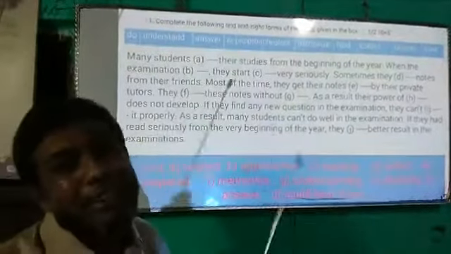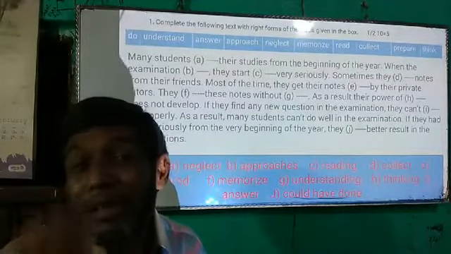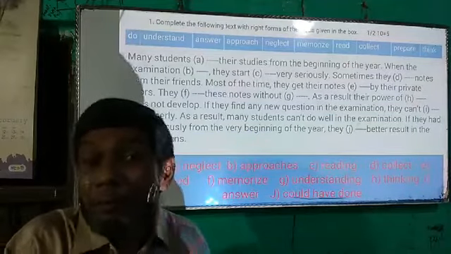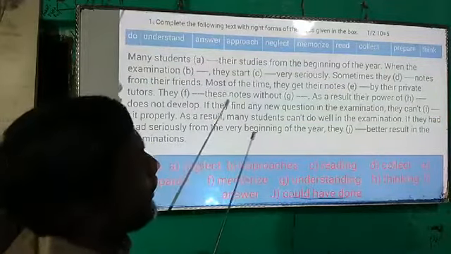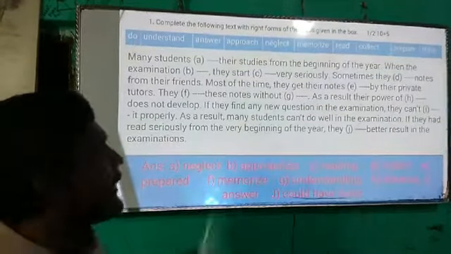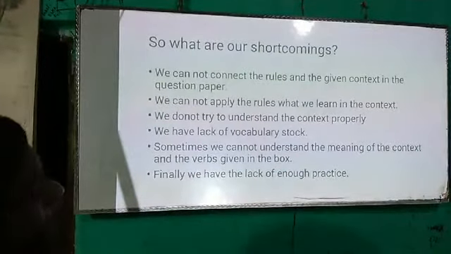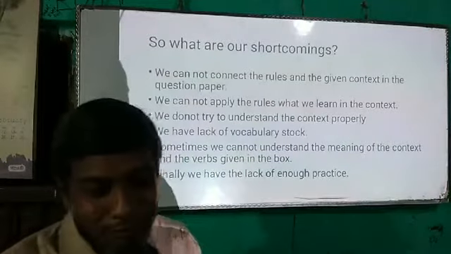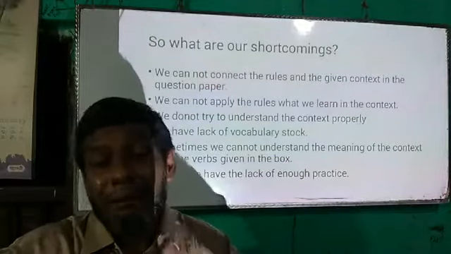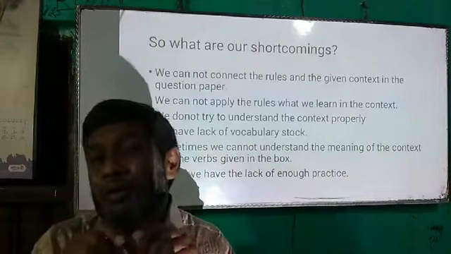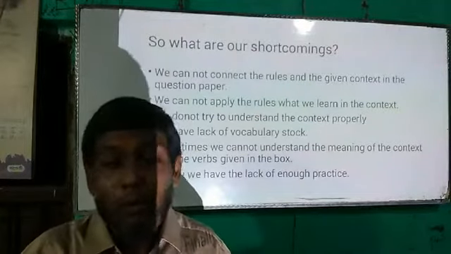Contextual grammar is a different thing. I am telling you every day. Contextual grammar is a very much technique based grammar. If you don't have any techniques, if you don't be a musician, don't be a technician, you cannot be perfect in the contextual grammar. So dear students, what are our shortcomings? I am going to tell you what our shortcomings are. I have come to the points. Then I will tell you the ways to overcome them, and our today's class will be finished.